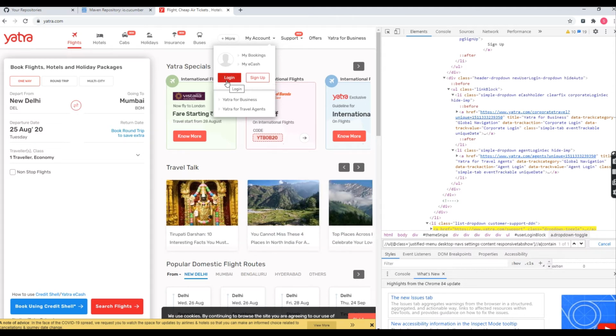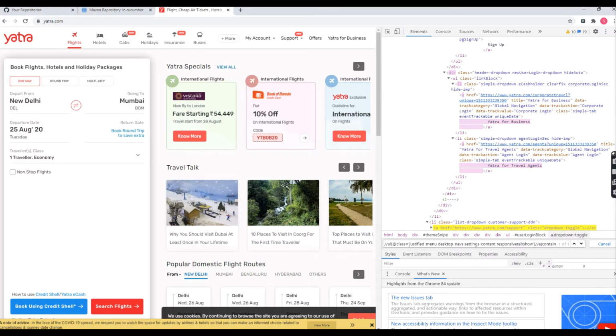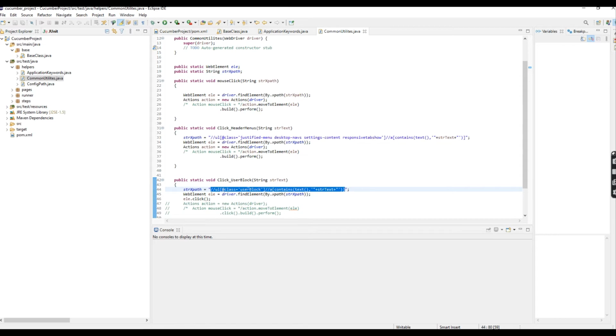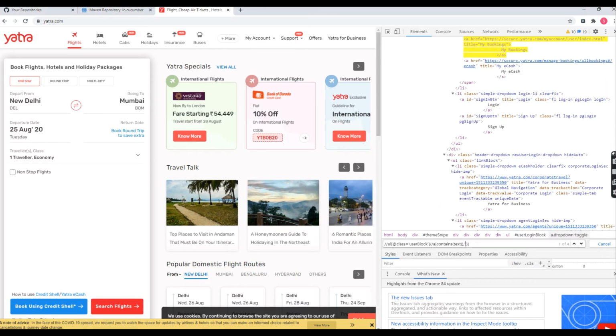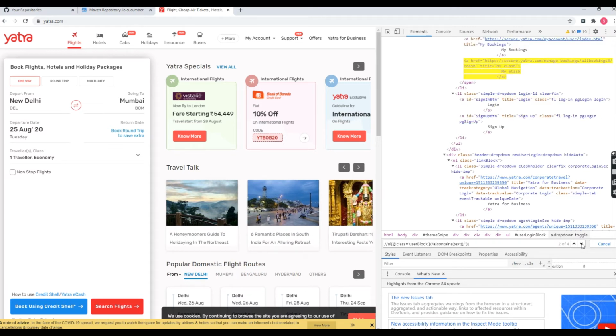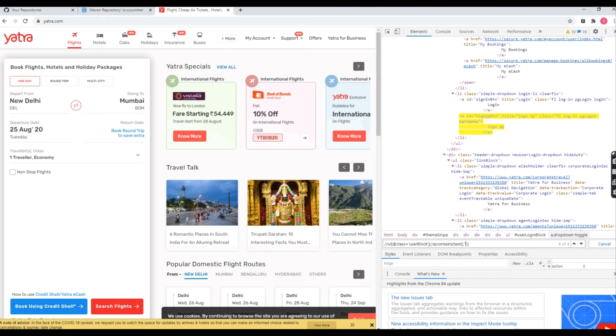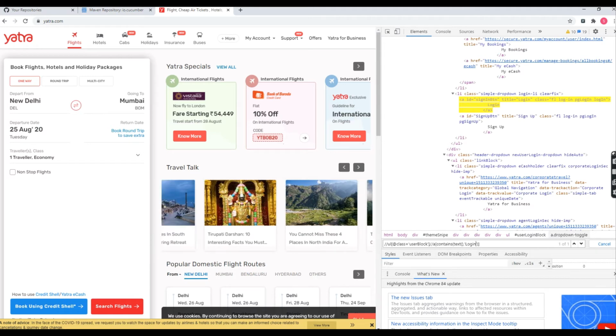So here you can ask one question to me. Why didn't you take a unique XPath for this one? Yes, it could be taken, but for my page object model, I just created one common method. So that is the reason I wrote it here. You can paste it here and pass that parameter. So already the 4 elements matched, the My Account, sign up and login, everything. Here which option are you going to click? Login only, right? You can click on login. So now you can see only the login link is matched.